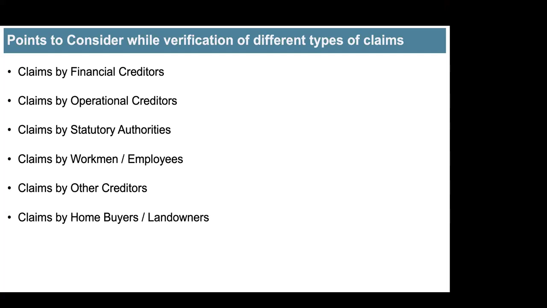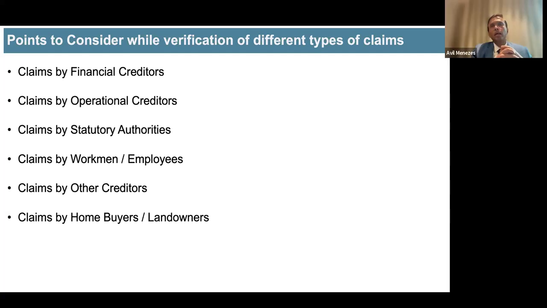Okay. So similarly, for statutory authorities, the claims will have to be verified. Generally, you will ask for the orders. And if there are confirmed orders by statutory authorities, and those claims are not litigated by the corporate debtor, then you accept those claims. For the treatment of the claims of statutory authorities, we will also have to look at the rainbow paper now. Earlier, we used to only treat them as operational debt unless it was a provident fund. But even for provident fund, to a large extent, it is clarified now that the interest, penalty, etc. will be operational debt. Others will have to be paid as a part of the CIRP process, not as a part of the liquidation process.